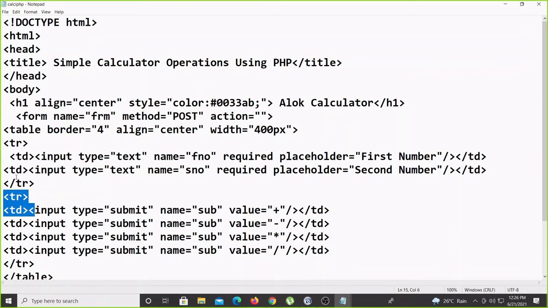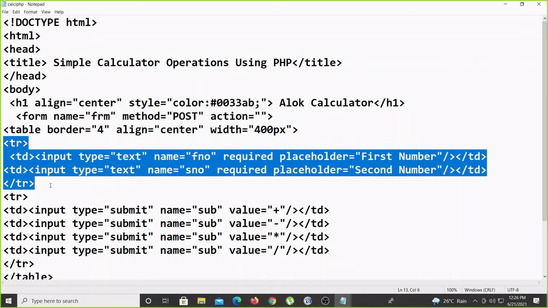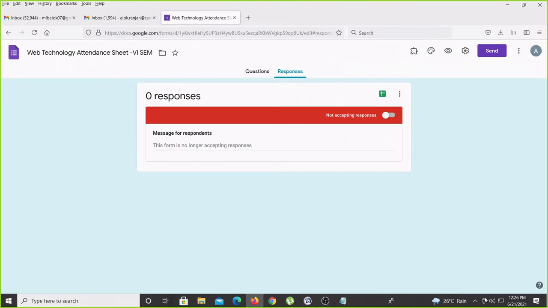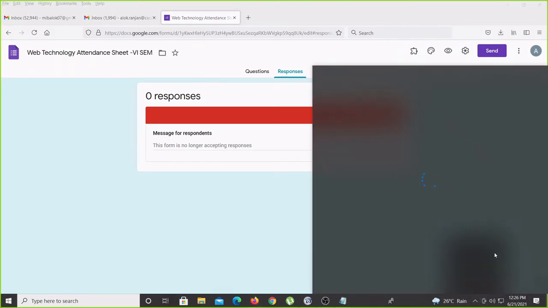And as I told, now you see in the first row only 2 td, but in the second row 4 td are there. So the design is not proper. We'll see first what kind of design it is, then only I can go for colspan or rowspan, whatever is required. And I'll check my XAMPP server is running or not.